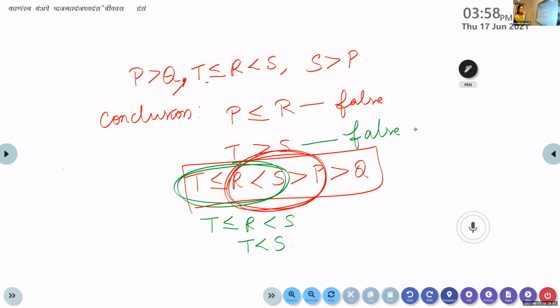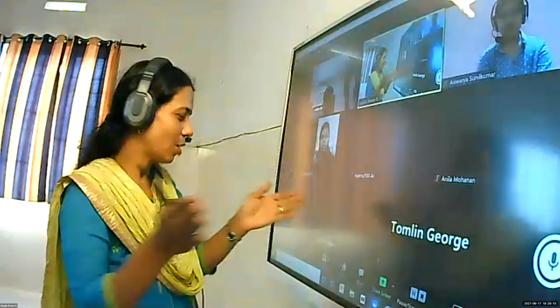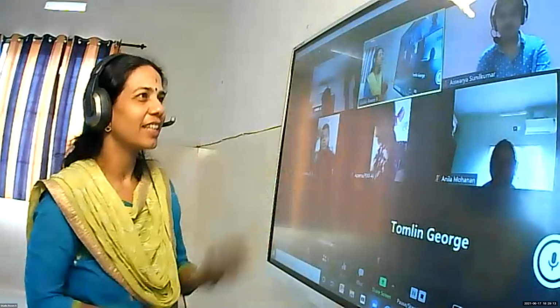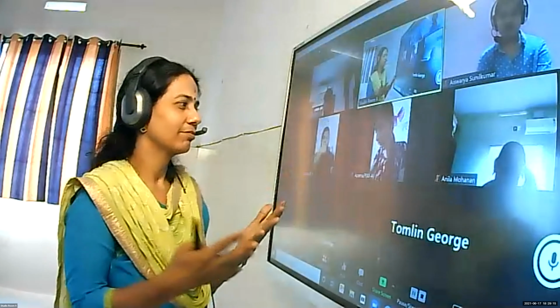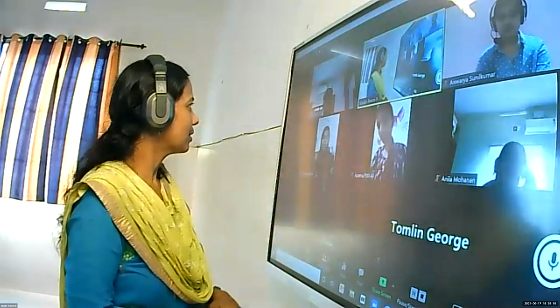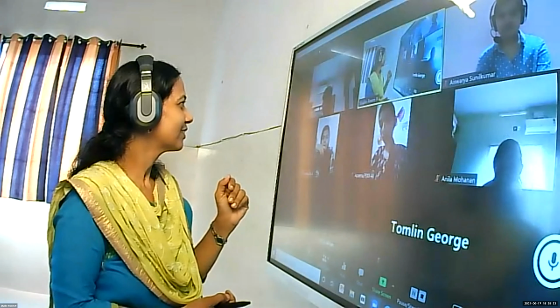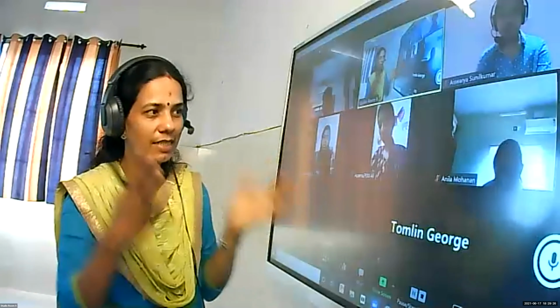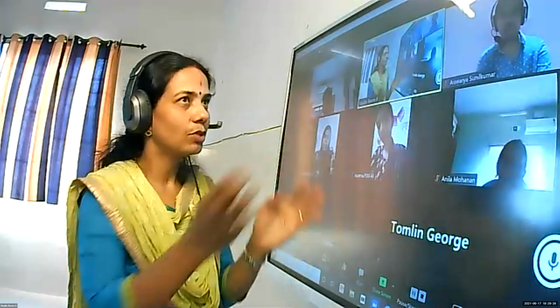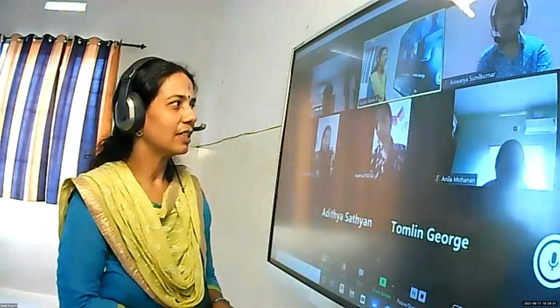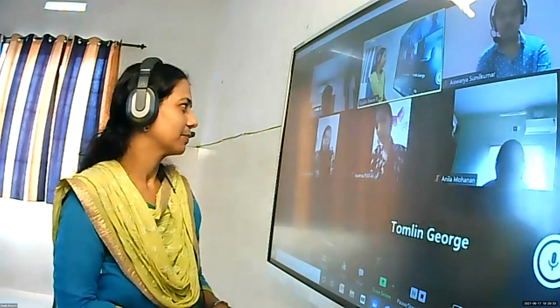Okay. Is it okay, children? Okay, so do it once again. Logically you have to link it, then only you will get the answer. You can't learn it by heart. Karthik, is the method okay? Okay, there is no exact formula like this is the formula. You have to link it and find it. This is what we call reasoning.